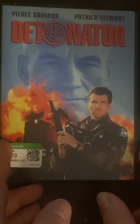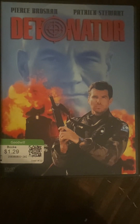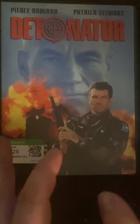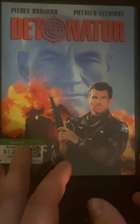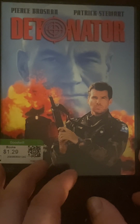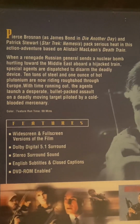I never noticed that. Next, we have Detonator, Pierce Brosnan, and Patrick Stewart. I've talked about before, I'm not the biggest Pierce Brosnan fan. He actually does look a little bit cooler in this movie. But I do like Patrick Stewart. I have not watched this, but when I got it, I was like, all right, he actually looks pretty cool in this movie, and I like Patrick Stewart, so I got it. Looks like an action, and action is my favorite genre. Next,